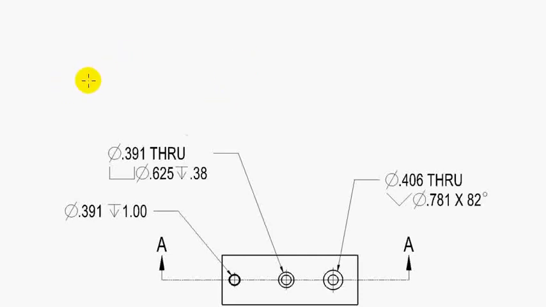Okay, so thus far when we've looked at holes in some of our sample parts, we have looked exclusively at through holes, with the one exception being a block that had a counterbore in the back side of it. And we didn't explain what a counterbore is. Many of you already know, but depending on the background you're coming from, maybe you haven't been exposed to that term. So today what we're going to do is